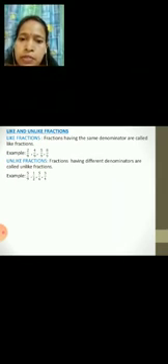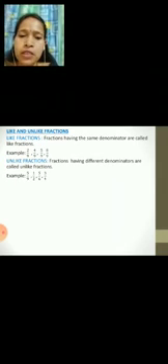Now come to next, that is like and unlike fractions. Like fraction means the denominator should be equal. So here I have taken one example: 2 by 9, 4 by 9, 5 by 9, 8 by 9. In all cases you can see that denominators are equal. So fractions having same denominator are called like fraction. And unlike fractions, fractions having different denominators are called unlike fraction.